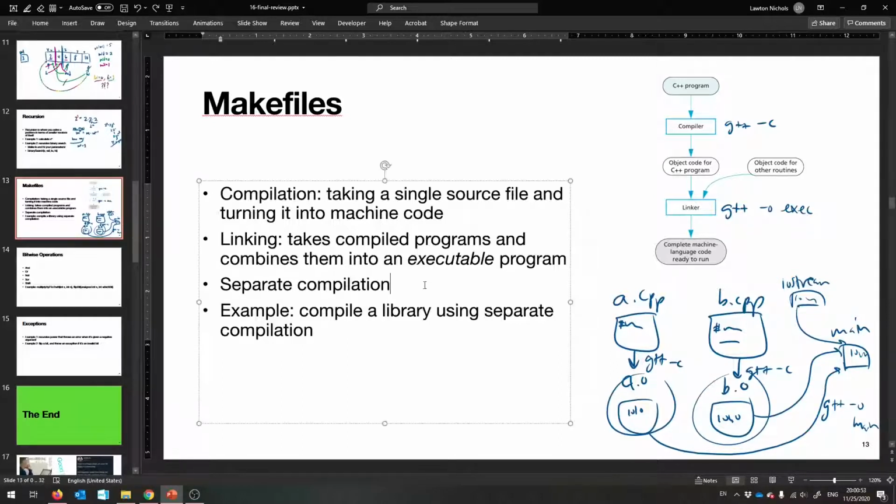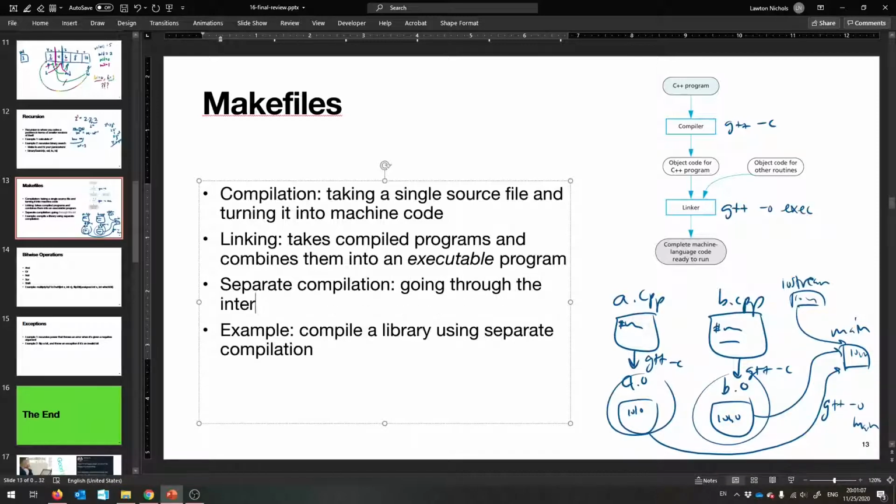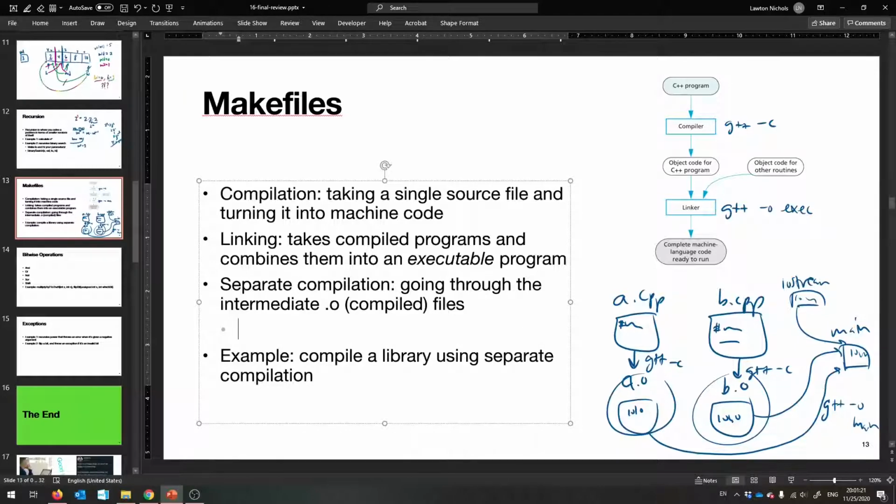So g++ can do it automatically. g++ can compile and link if you give it a C++ file and just say -o. But we can also do separate compilation. And remember what that means. That means going through those intermediate .o files, which are the compiled files, and then linking them together at the very end. And what you get out of that is that